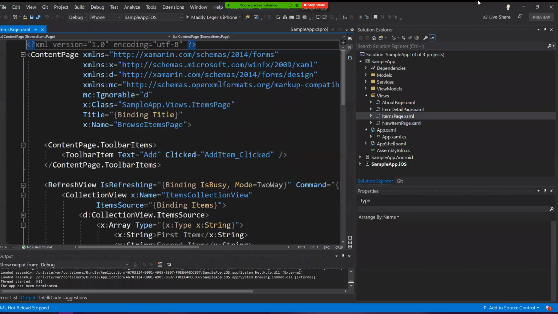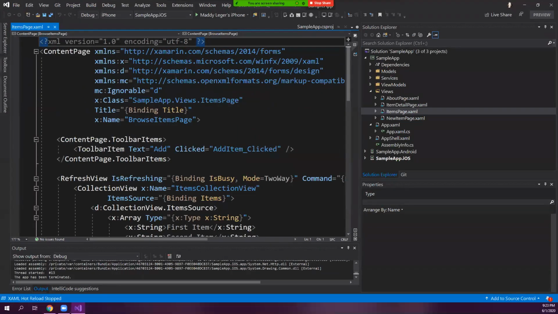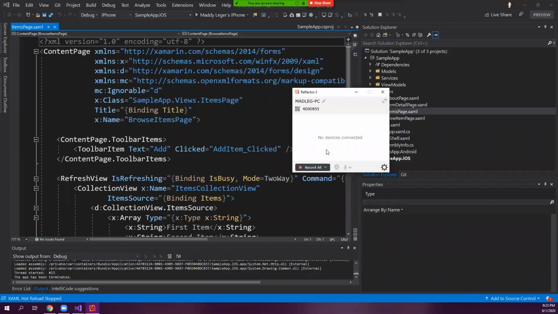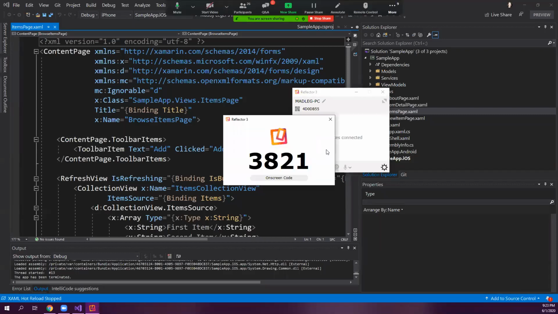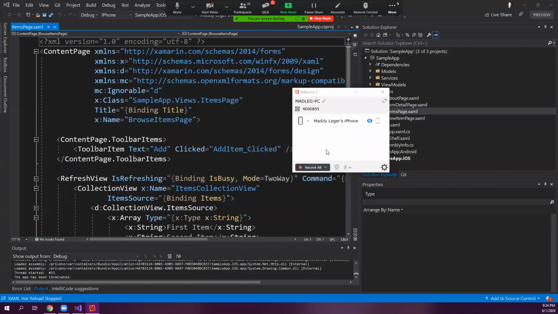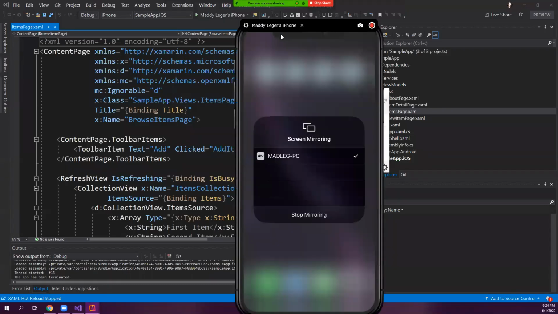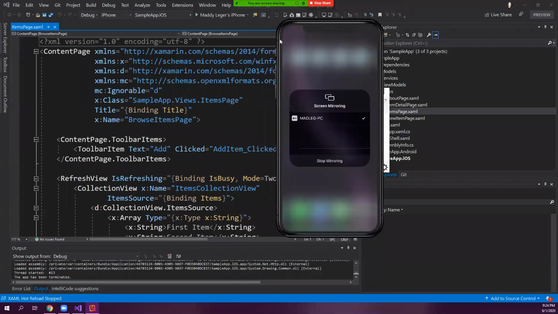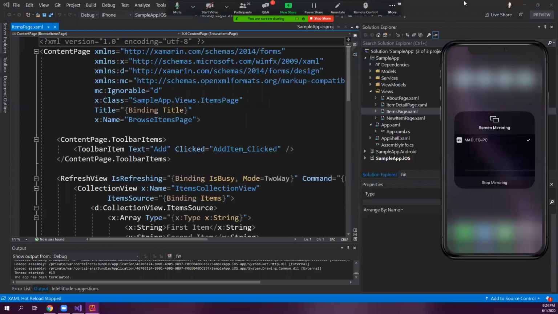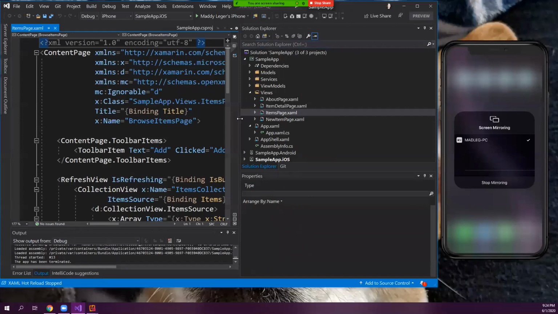So I'm going to zoom out. I'm going to run this app. I'm going to actually put it on my iPhone, which requires a little bit of screen mirroring magic. So open Reflector. Okay. This is a very nifty tool. So Reflector, if you have an iPhone, and you go into AirPlay, you can find your PC. It thinks it's an Apple TV. Type in this code, and my phone pops right up. So this is a really nifty trick if you're trying to develop and your phone is under the table or whatever, and you need it on the same screen. So I'll minimize this a little bit.